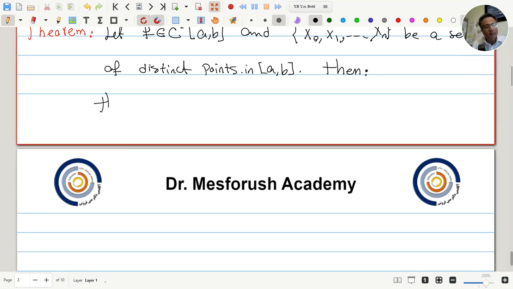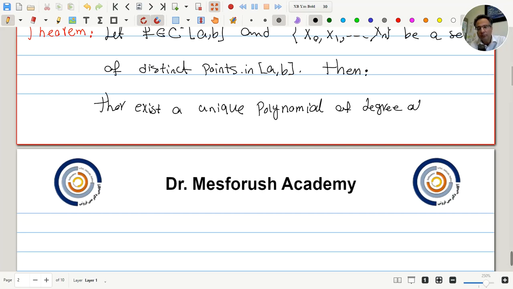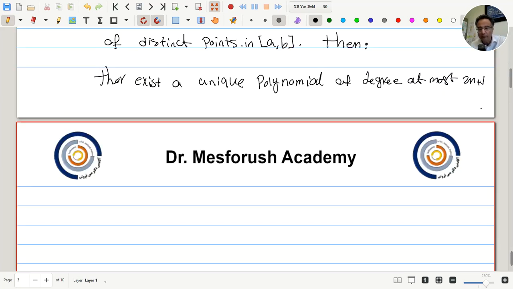Then there exists a unique polynomial of degree at most 2n plus 1 such that